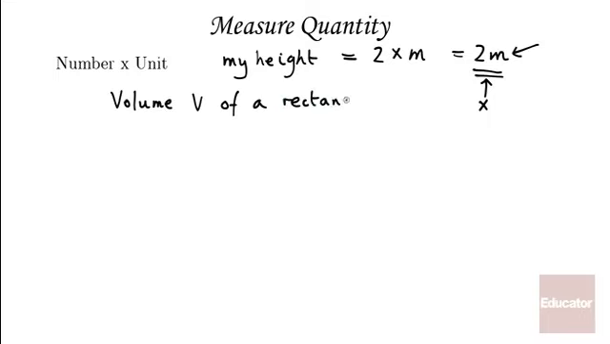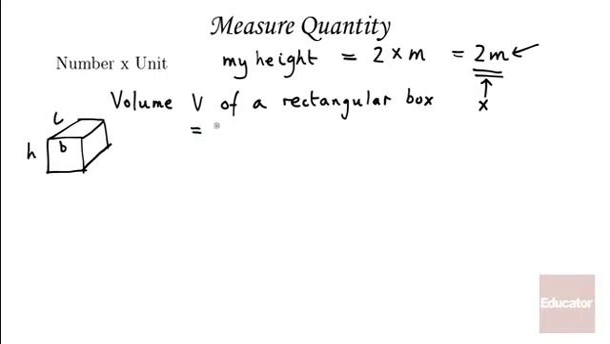We'll make it a nice, simple, rectangular box. And I'm sure you recall the formula for the volume of a box, of which all the angles are right angles. This is the height, this is the breadth, this is the length, and the volume equals the length times the